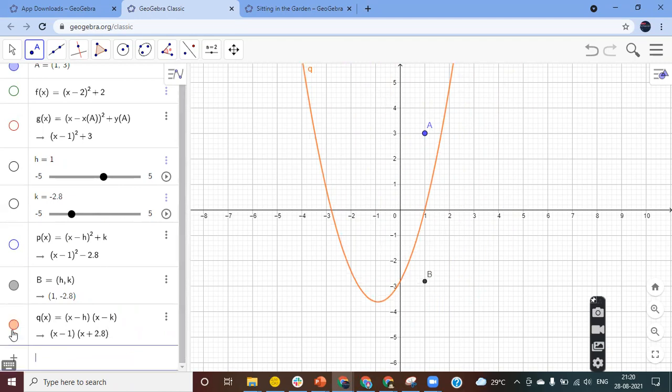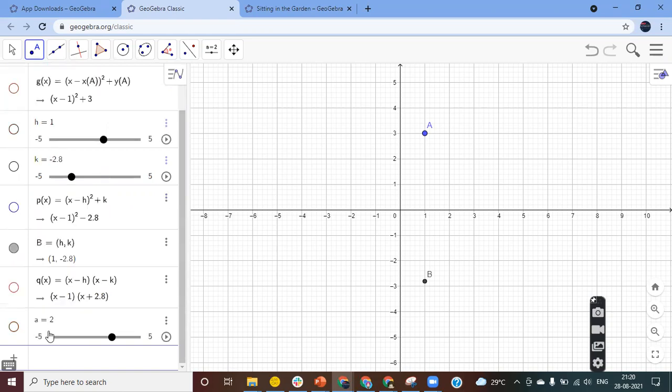Similarly, you can also use this in trigonometric functions, because I have seen students sometimes struggle to understand the meaning of every component in a trigonometric function. So what they can use, let's say A is the amplitude. So A equals 2. A is my slider for amplitude. And I'm going to use h and k. If you want, I can delete that and